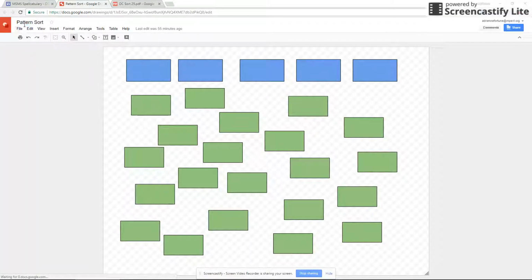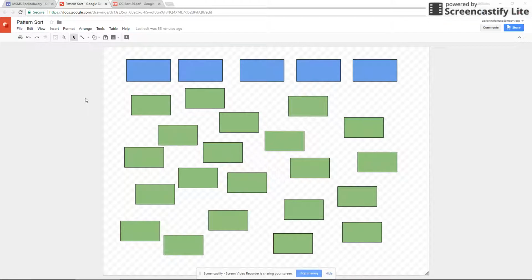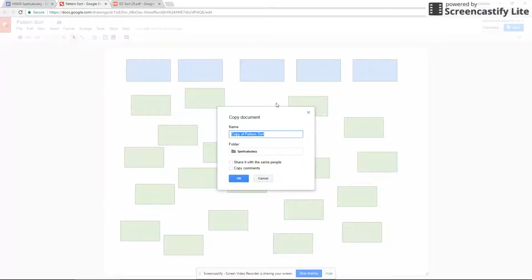Okay, and with the pattern sort document, you shouldn't be able to do that. That's because I'm signed in. So when you open it, you won't be able to edit anything. So you're going to have to do File, Make a Copy. Okay, so do File, Make a Copy, and we're going to call it Pattern Sort. Actually, we're going to call it DC Pattern Sort